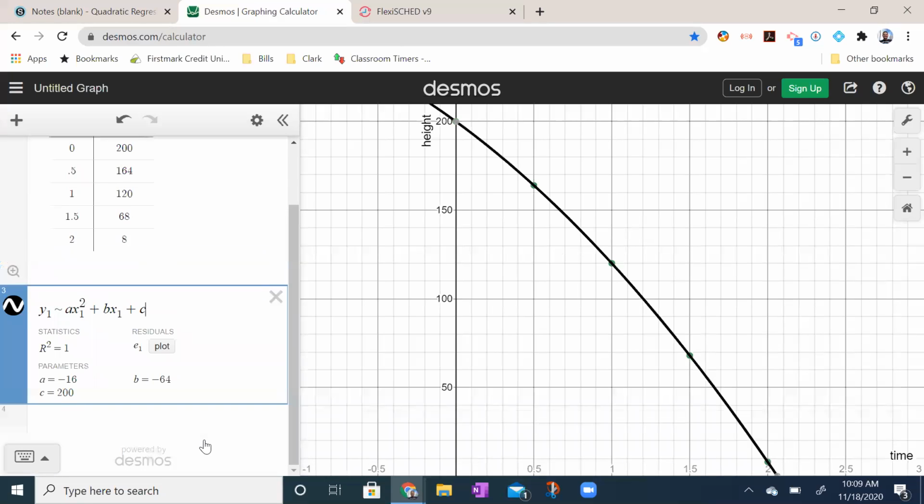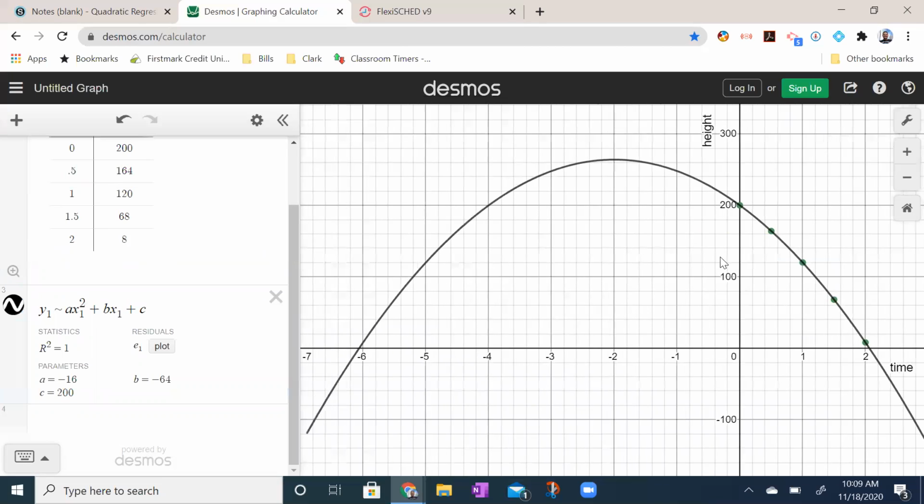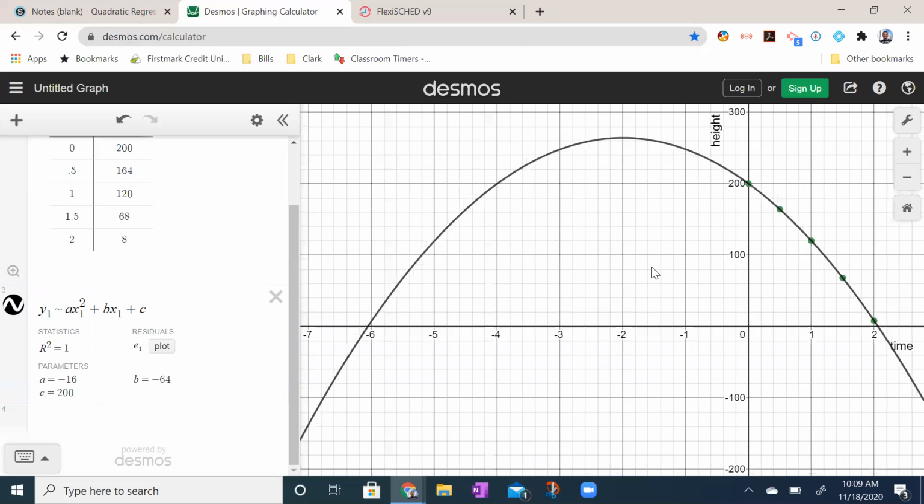And there's our regression. All right, and you can kind of see our curve of our parabola going here. I taught you how to make that window, but if I actually zoom out a lot, move this over, there's my parabola. How cool is that? I know, too cool. Math is fun. All right, so